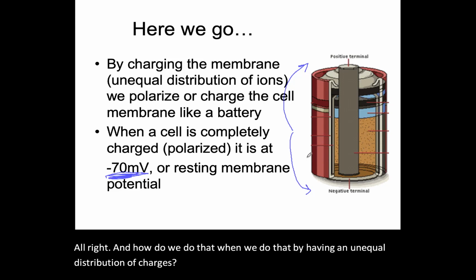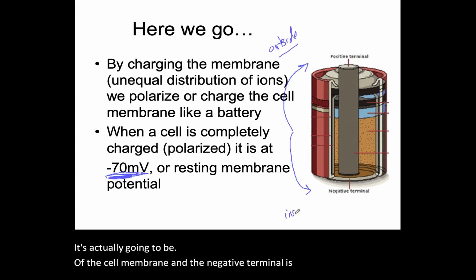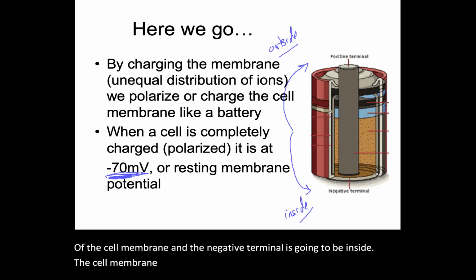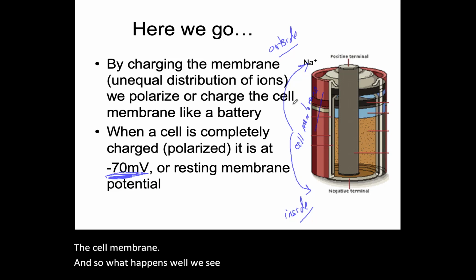along the poles. Right? Now, for us, the positive terminal is actually going to be the outside of the cell membrane, and the negative terminal is going to be inside the cell membrane, and the battery itself is going to be the cell membrane. And so what happens? Well, we see a distribution of charges